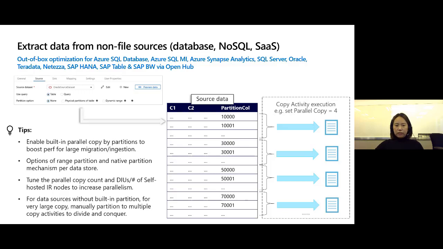partition, to read the data in parallel, to retrieve the data, and also apply to the destination. This is the way that we can boost the performance to load data faster. And you can further tune how many parallel partitions or parallel reads to establish during your copy, based on the parallel count. And even if the data store is not in this list, that it doesn't have the built-in